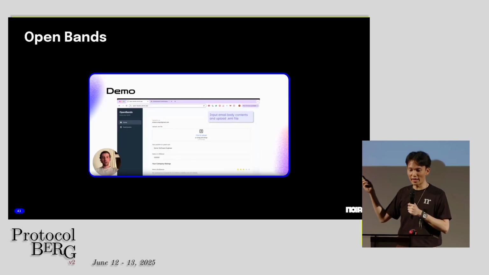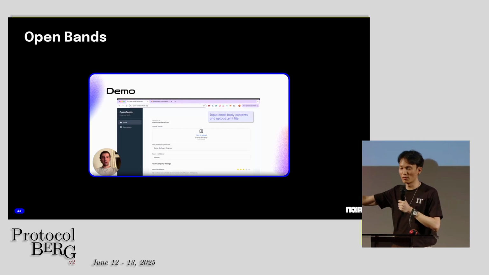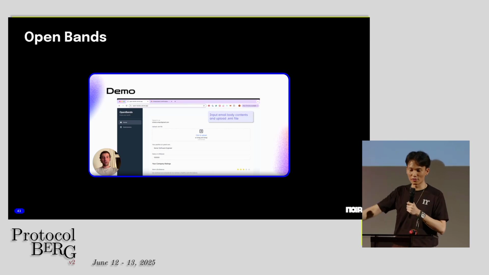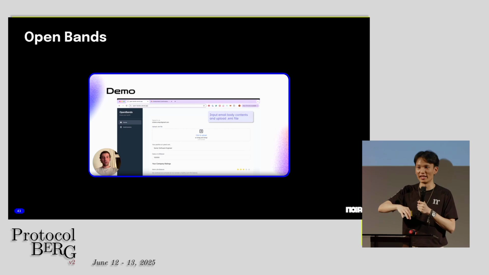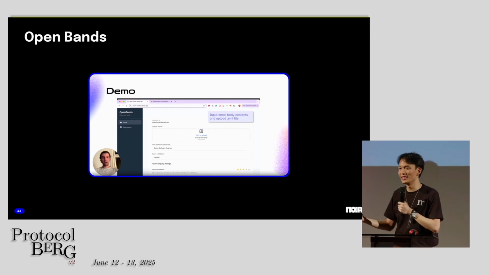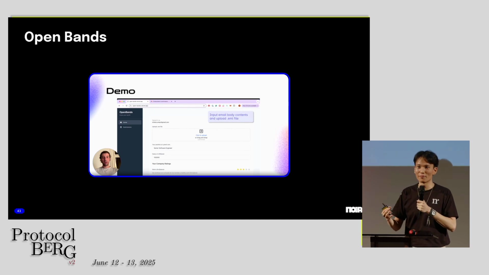And then there's the Open Bands team that is working on ZK Glassdoor. So it brings the beauty of ZK JWTs, that is login credentials from your Google account, for example, Apple account, etc. And it also brings together ZK emails that we mentioned just now. And you can cryptographically prove that you work for a particular company, at what salary, if you want to reveal that. And at the same time, you don't necessarily need to reveal who you are within the company, while you